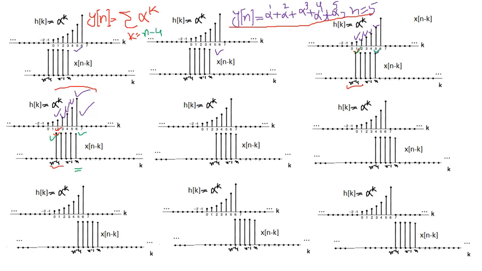Like here n coincides with 5, so k equals 5. So we can say that this is equal to this, and this representation is valid from